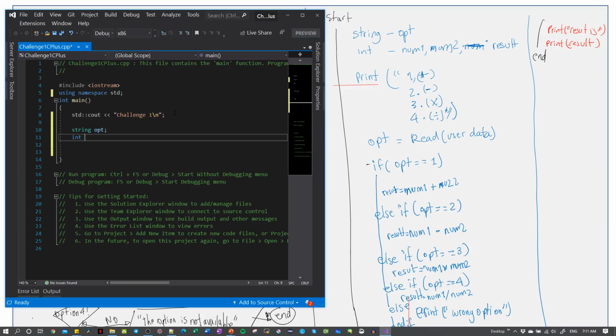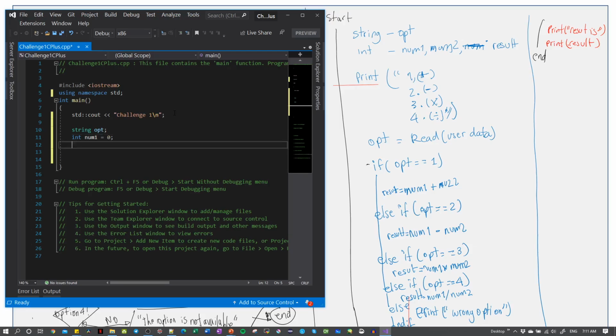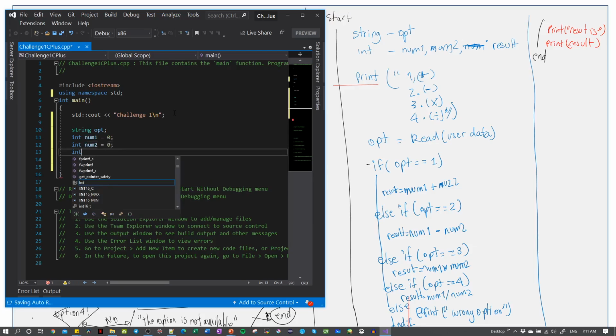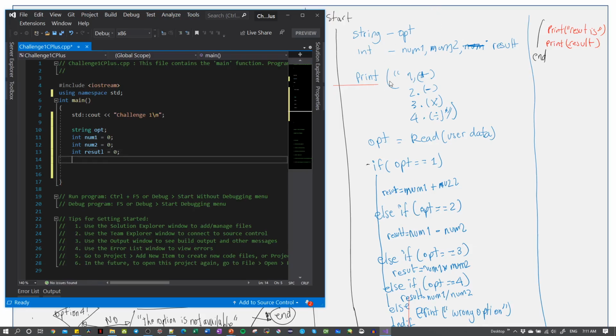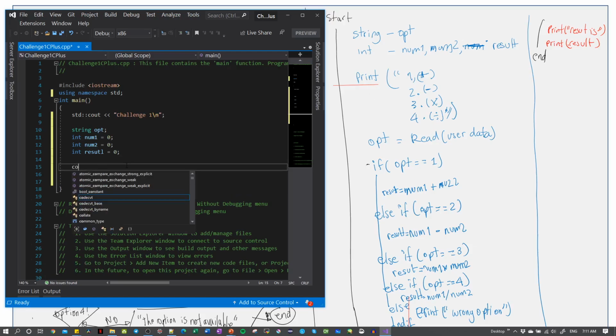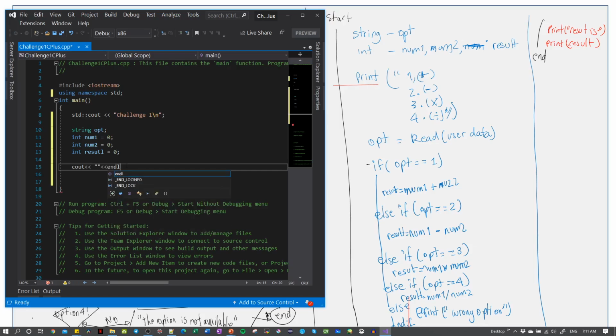Then we need integer one, right? And let's put 0 right away. And integer 2 equal 0. Then integer result equal 0. Now we have our variables here. Now we're gonna print to the user the options, right? So we want the user, please select an option,